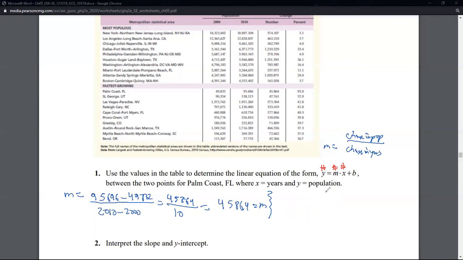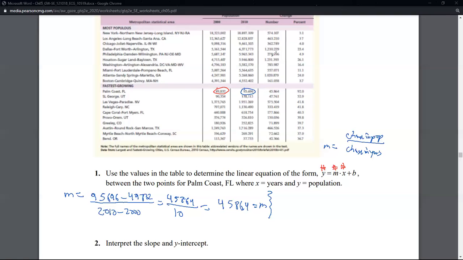Well, what y and x do you plug in? You could plug in the 49,000 with the 2,000. I can't actually circle that, unfortunately, because menus. Or you could plug in, so pretend like there's a red circle around 2,000, or you could plug in the 95,000 with the 2010. So pretend there's a blue circle with the 2010. It doesn't matter which points you use. At the end of the day, you'll get the exact same answer. Now, if any of these have a 0 in them, that's the one I would use because zeros are easy to plug in, but we don't have that here. I think 2000 is easier to plug in than 2010, so that's what I'm going to do.